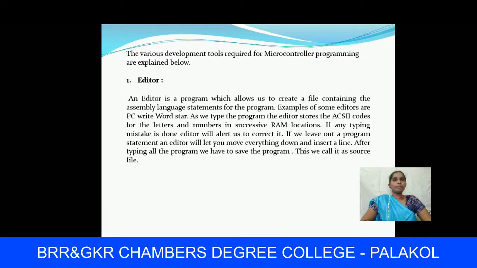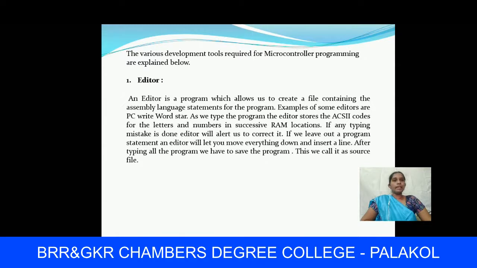After typing the whole program, you have to save it. This we call a source file. Here the editor creates a source file.